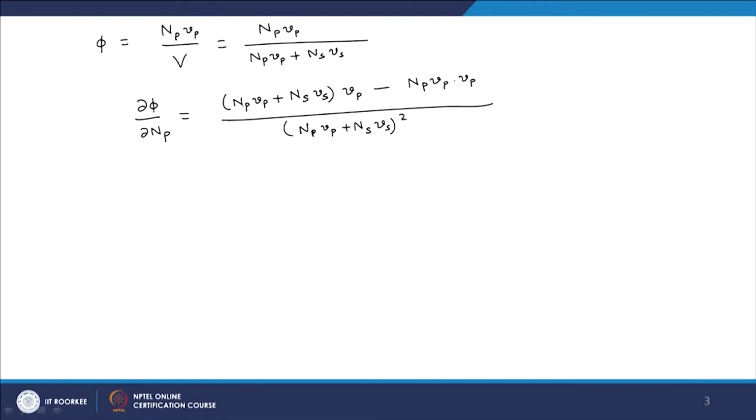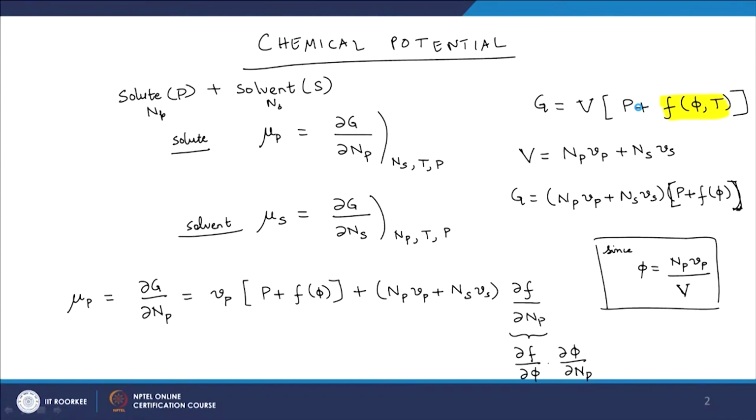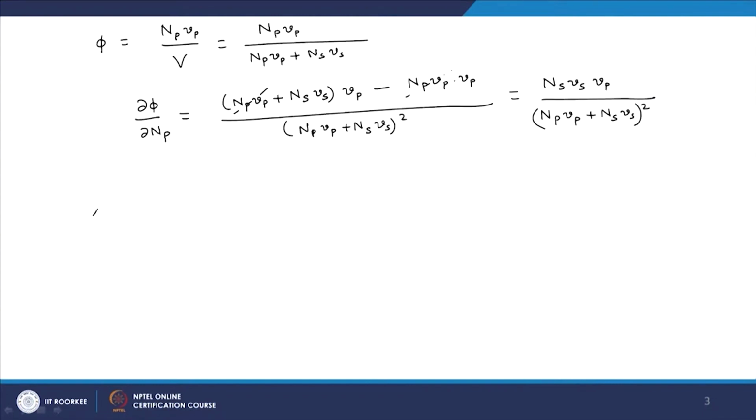So, we have a cancellation here. So, this is equal to Ns Vs Vp divided by the following. So, now if I plug in this thing we have derived for dou phi by dou Np in the previous relation that we have written earlier, what we get is mu p is equal to